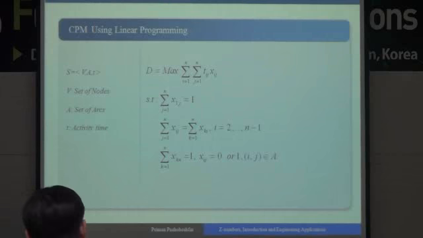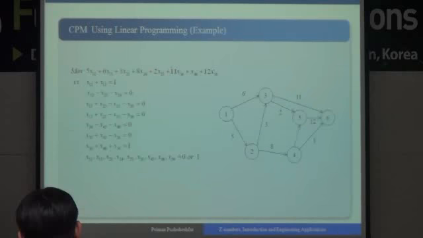It was proposed to use another method which is based on linear programming, with a variable between activity i and j. Suppose that we have a set of nodes and a set of arcs, and activity times are described as fuzzy numbers. By solving this problem, we can find the critical path in these problems.